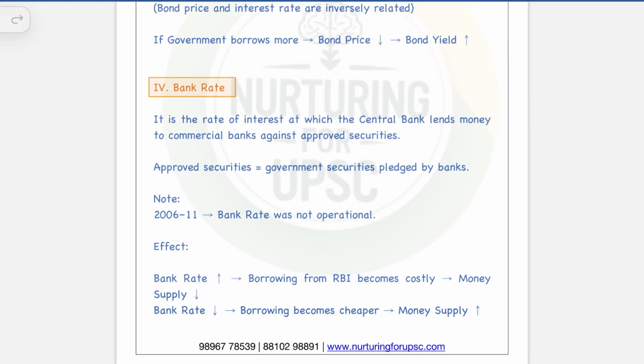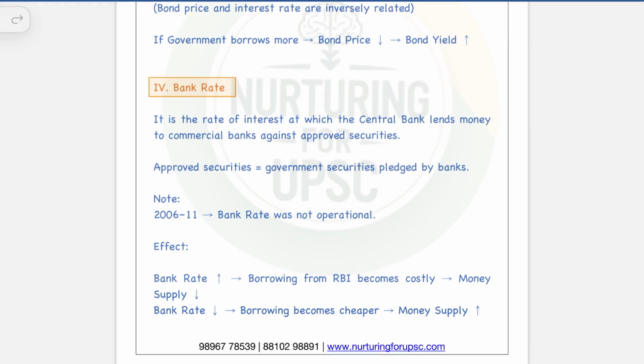and by varying the bank rate, RBI controls the credit. So if, let's say, RBI offers the discount rate at a higher rate, whereby the bank rate increases, the bank's profit may be affected. So it will not approach RBI for the discounting, or will charge a higher discount rate from the customer